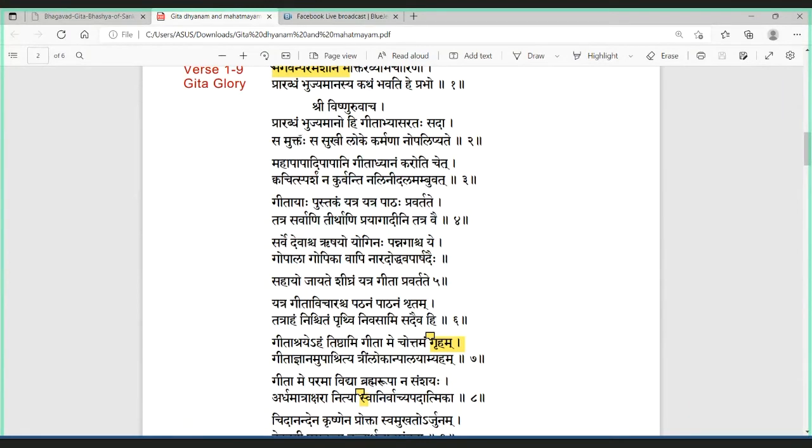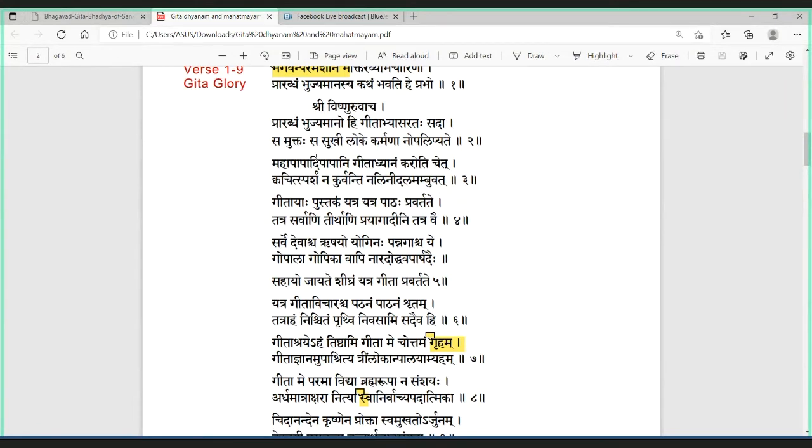He gets freed finally, mukti, and also sukhi loke. He gets sukh in this loka also. While his prarabdham is being faced, he also gets happiness. Moreover, karmana na upalipyate. The karmas do not entangle him. The karma phalas do not. So prarabdham is a result of karma phala. So he says to such a person, his karma phalas do not catch him, do not hold him.